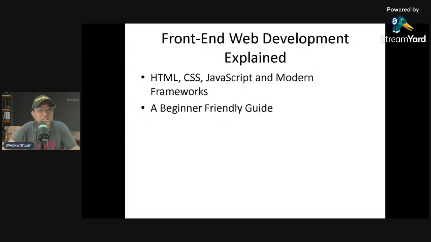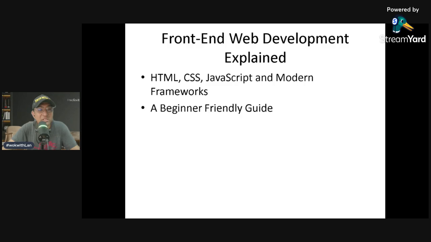So I'm just sharing this simple presentation. Have you ever wondered, my dear friends, how websites display text and images on your respective screens? How buttons work when you click on them, and what would happen when you click on them? Or how websites automatically adjust when you open them on your phone or on your iPads or tablets or on your smart TVs. All of that is made possible through front end development.